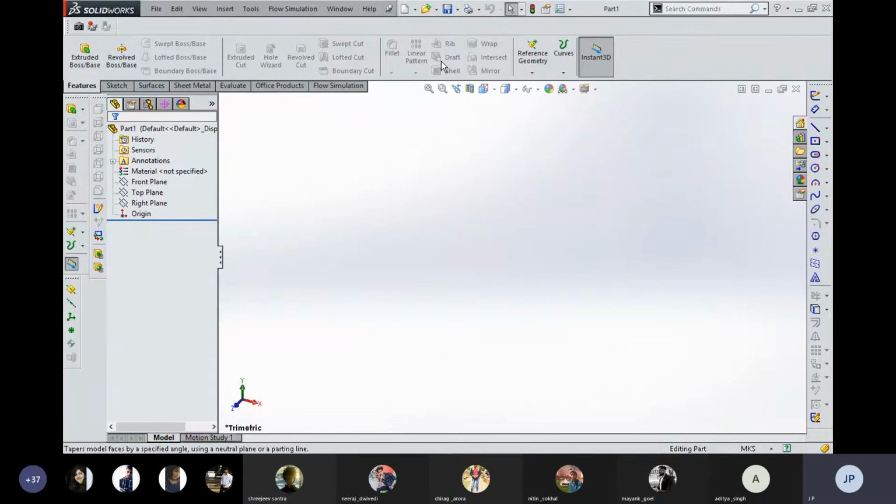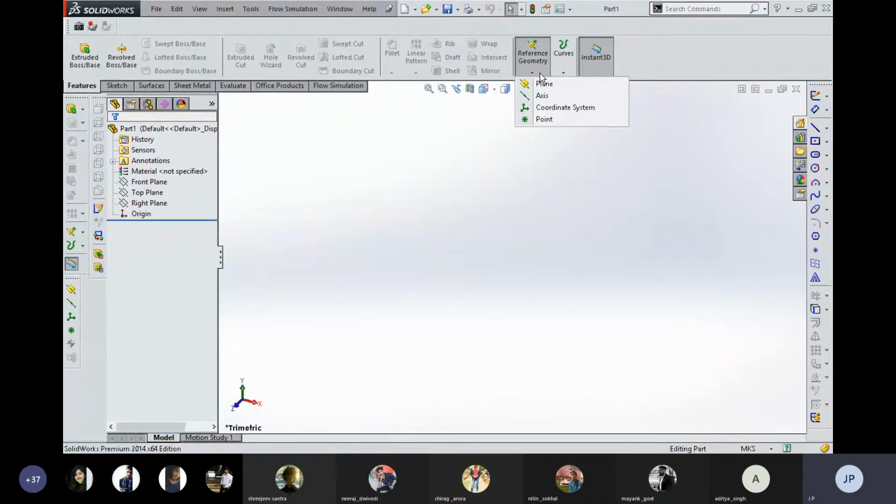If you create a solid part and then need to create hollowness within that part, then there is the shell command. If you want to write something on a part as per your requirement, then this is the wrap command. If you want to cut a solid object with the help of a surface, then the intersect command is used. And if you want to mirror a whole component from one side to another side, then the mirror command is available.